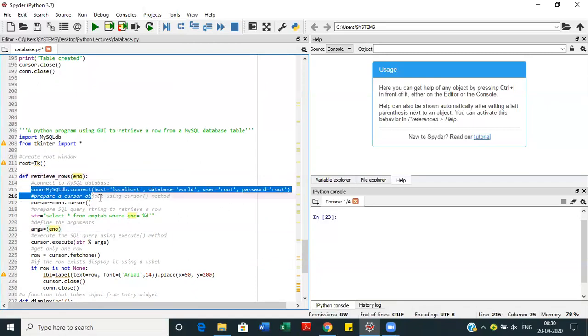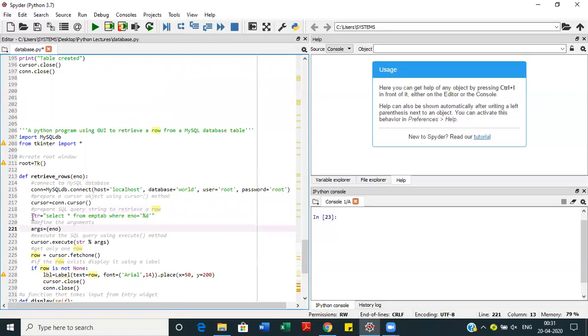Now it will establish the connection and then create the cursor object by using the cursor function. Then here it is selecting everything from the employee table, but giving the specification where the employee number equals the argument passed, that is, the employee number argument.